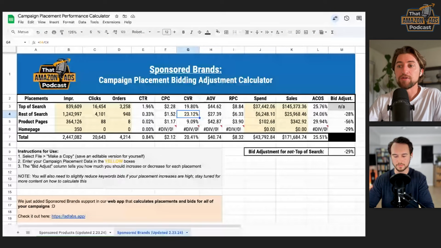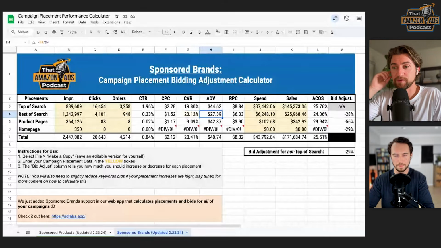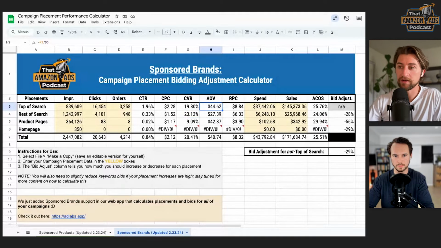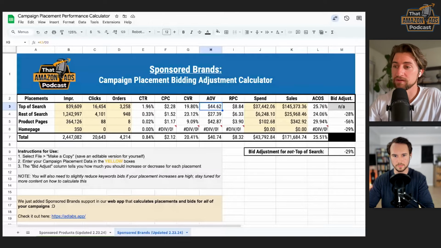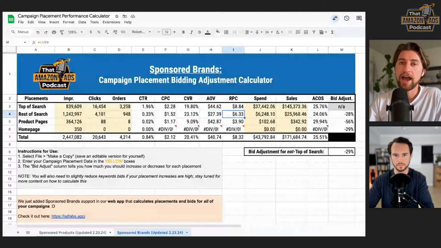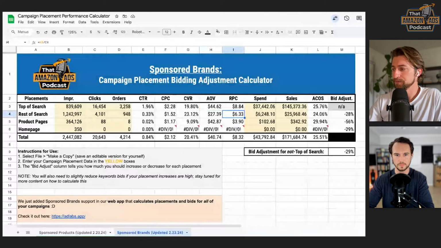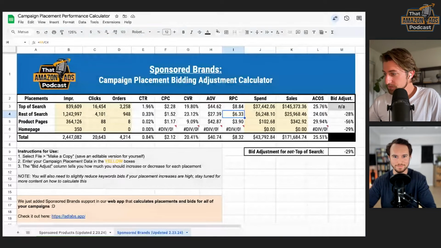So even though the conversion rates are better here, and maybe those conversion rates are better because it's a cheaper product, that's actually likely what it is. It's a lower AOV item, higher chances of conversion compared to a more expensive product, which is going to have a lower conversion rate just because people are more price sensitive these days. But even with the lower conversion rate, you can still see that the revenue per click is higher based on the higher AOV. And so that's why we're going to be optimizing based off of this revenue per click as opposed to simply conversion rate. Does that make sense, Andrew? Yeah, absolutely. This is very clear.